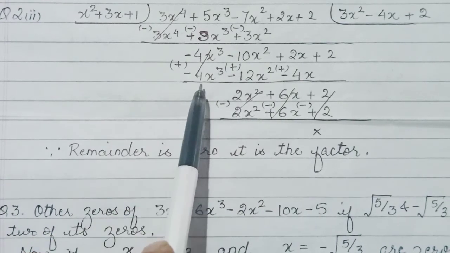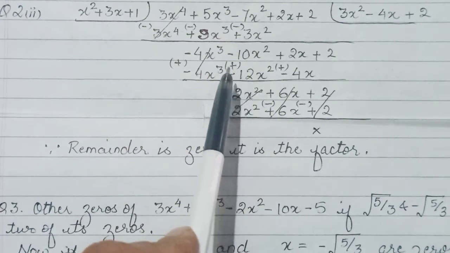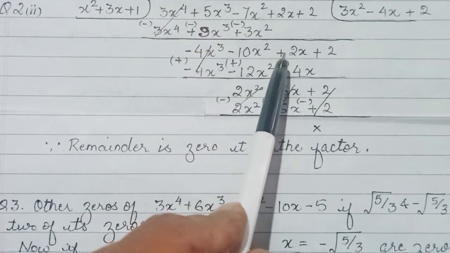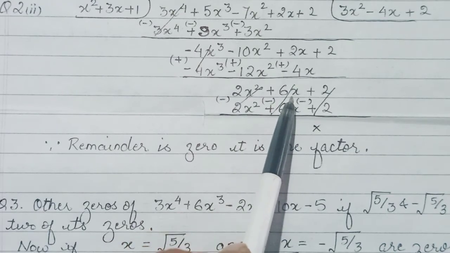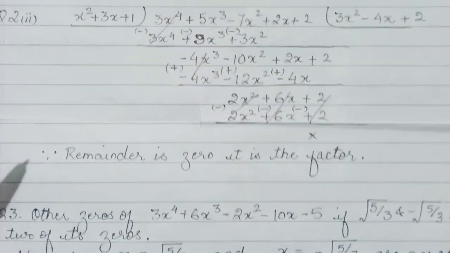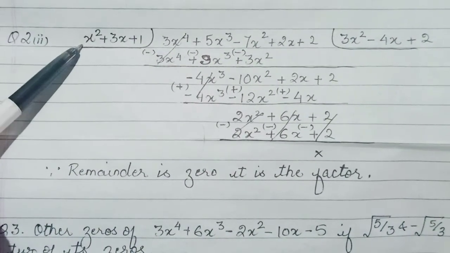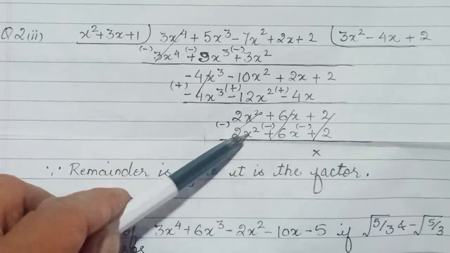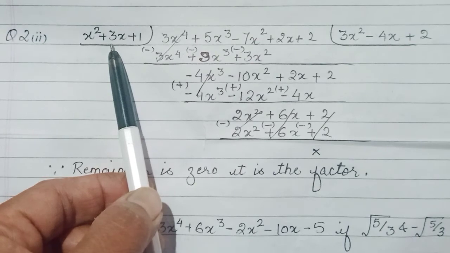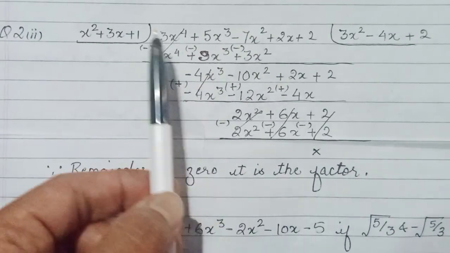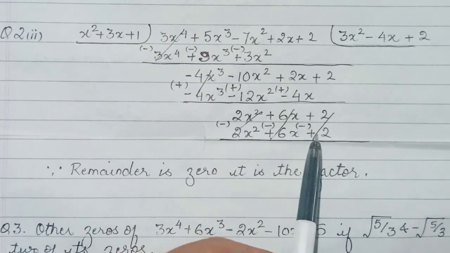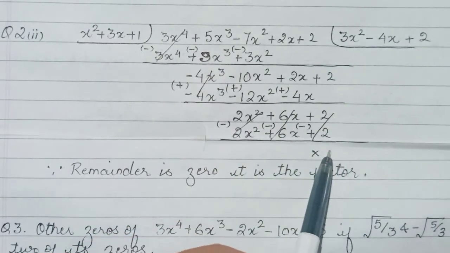Again changing the sign, the highest power is now no more. Then the next highest, so minus 10 and plus 12 gives you a plus 2x square, and here plus 2, and this becomes plus 4 to give you plus 6, and that 2 will be copied. So from x square we are looking for now 2x square, so only a plus 2 has to be multiplied there. So plus 2x square, then that gives you plus 6x and a plus 2. Exactly the same expression. If you change the sign, all is getting cancelled, so you end up getting a 0